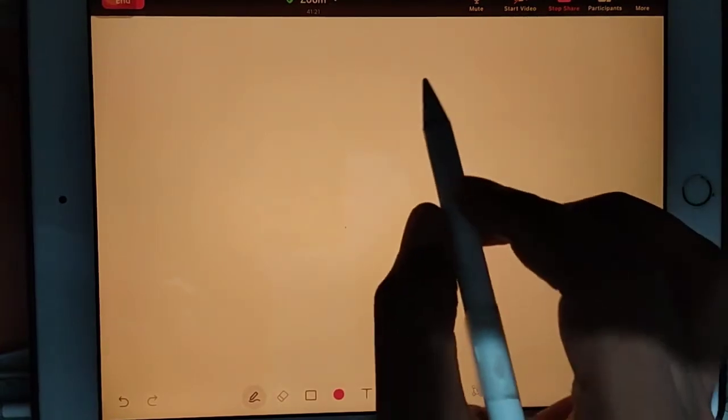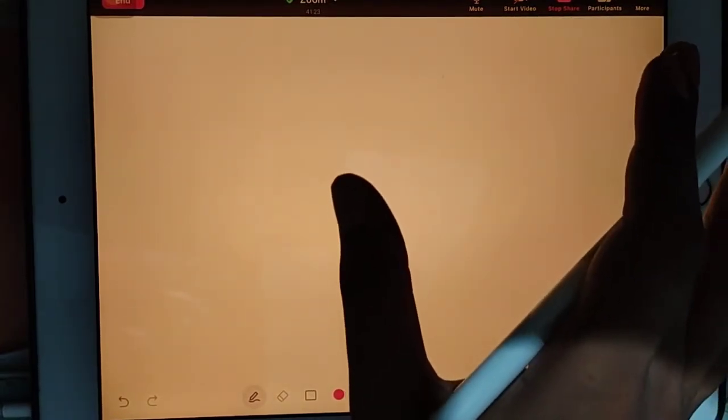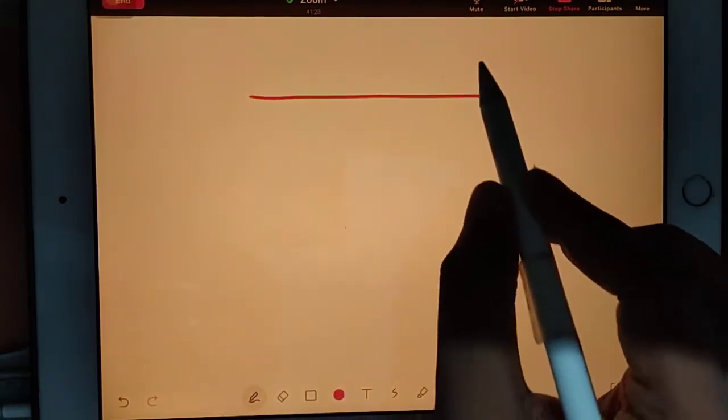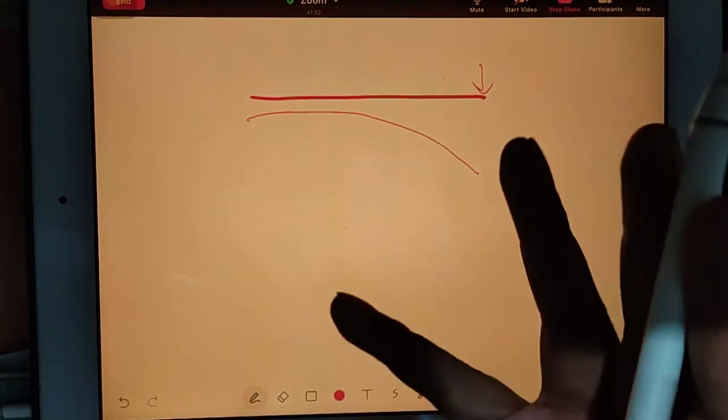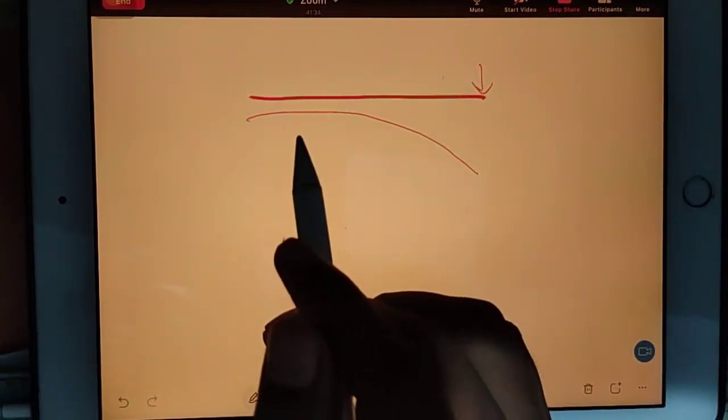Bending means when you apply loading, the beam will bend. This phenomenon is bending. When you have a beam like this and you apply loading, the beam will bend like this. So this phenomenon is known as bending.